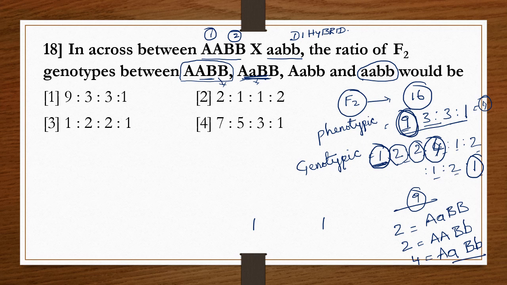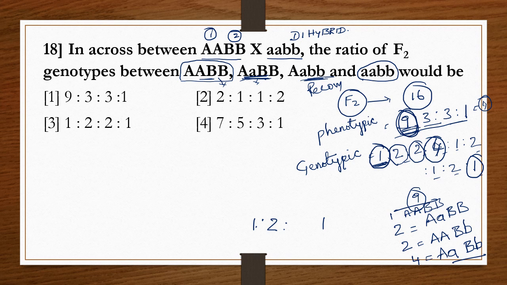This is 9. One we have already written, that is capital A, capital B, capital B. Total 9 genotypes. That means 4 genotypes. This 9: capital A, small a, capital B. How many are there? 2 are there. Now find the remaining: capital A, capital B, small b, small b. This is the recombinant.